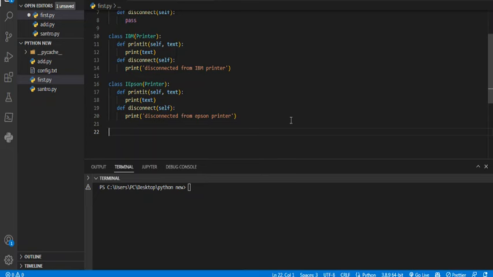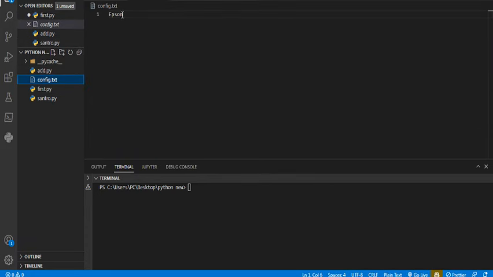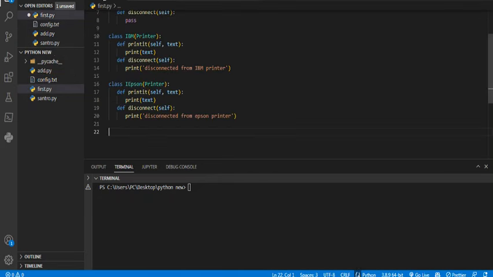So I already created this file, config.txt. Epson is there in config.txt. We have to read this Epson and the output should execute. Okay, so how we will do this, we'll see. Class